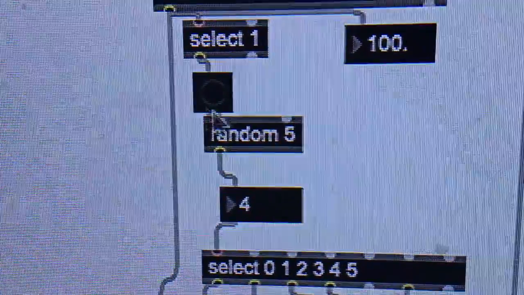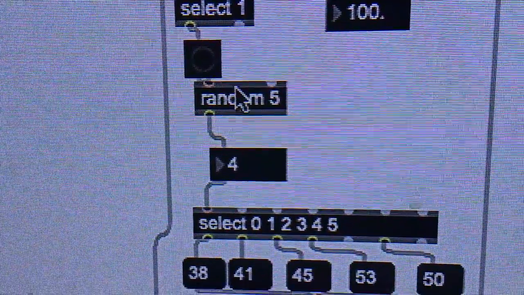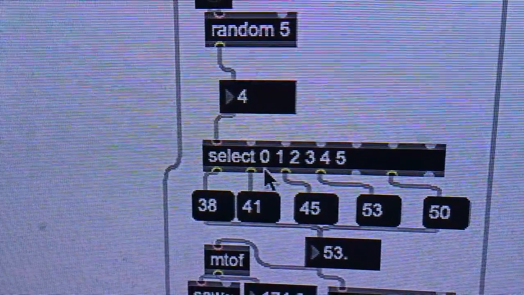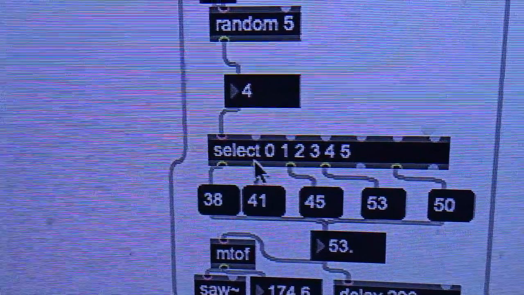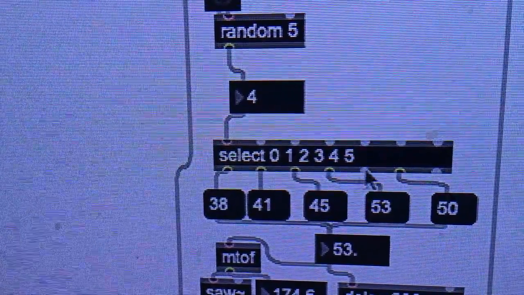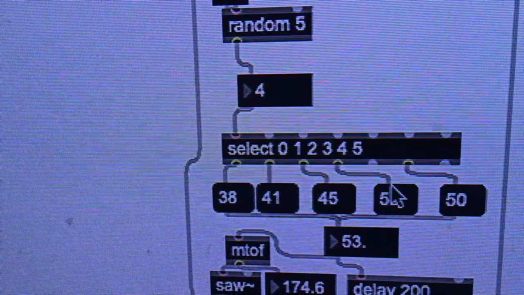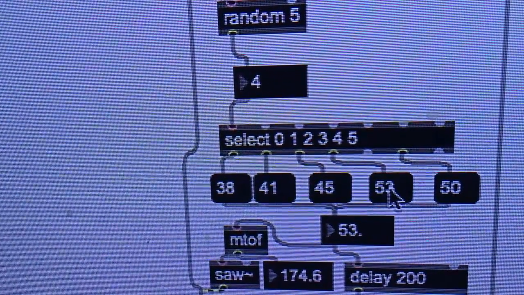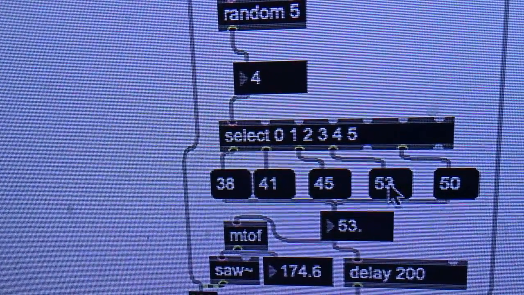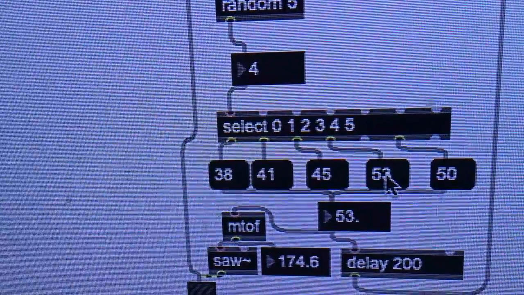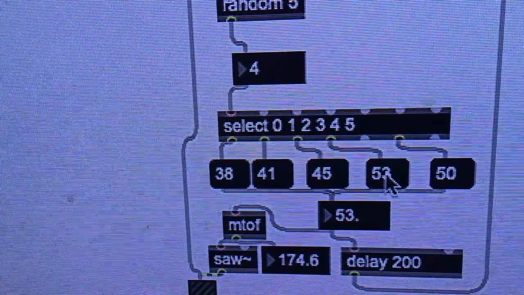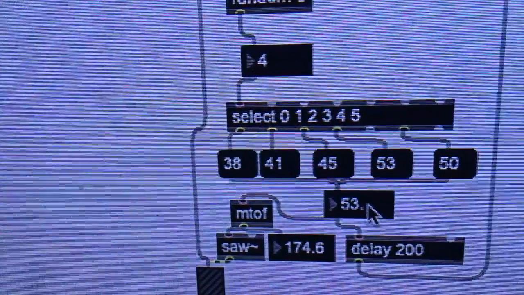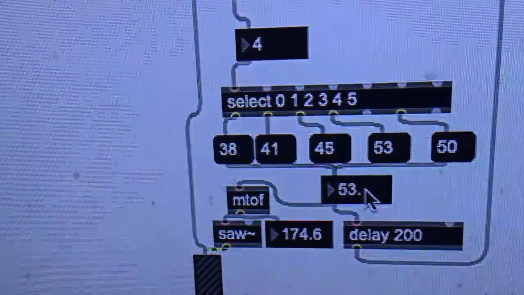Oh no, I hit the button. Now, that is the number 4. So that goes into this selector here, and it goes, let's see, 0, 1, 2, 3, 4, 53. So that comes out here, hits this 53. Ooh, look at that. There's a problem. And, oh, there's a serious problem. And that goes into this number box here so I can see it, so I know